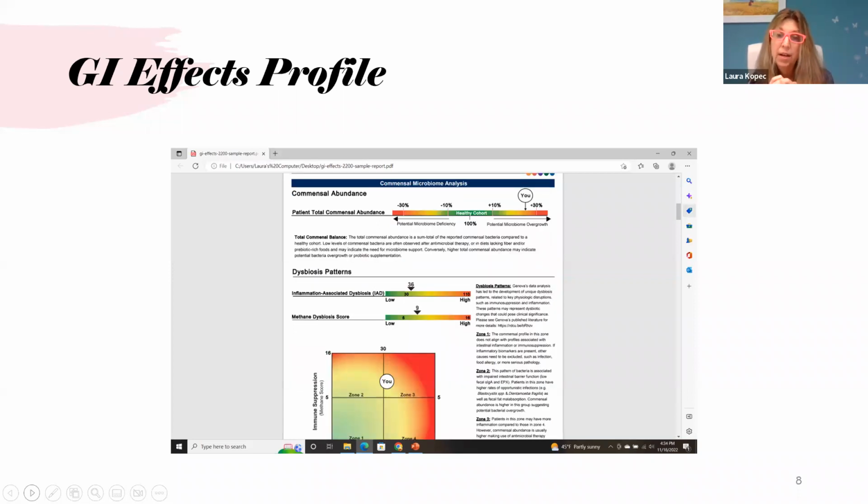Here's another page off a sample report. They're looking at the sheer numbers and abundance of organisms in a person's gut. Is there too much? Is there too little? One of my favorite things on this page is looking at methane gas. If somebody's methane is too high, it may be the reason why they're gassy, bloated, or having an issue with certain foods, really confused about what they can and can't eat. It also could be a problem with a baby nursing and moms having digestive issues, and some of them are